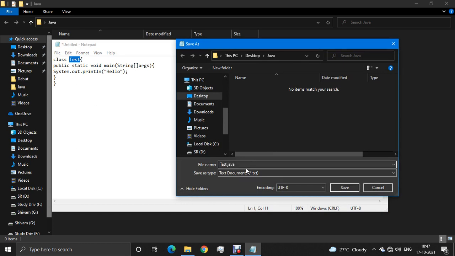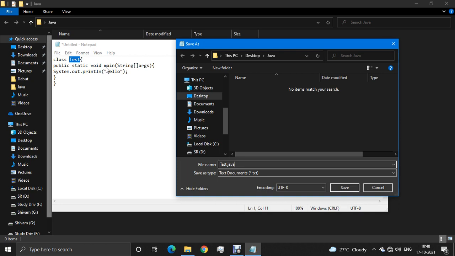Why am I doing so? Because whichever class has the main function, we prefer to save the file with that name. I'm not saying it is necessary. If you have more classes, you can also save your file with those class names, but at the time of execution you have to write the name of the class where the main function exists.